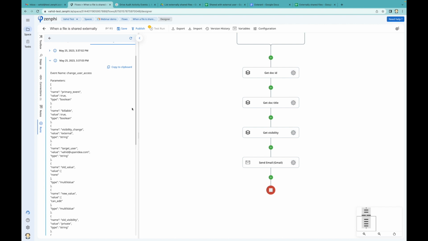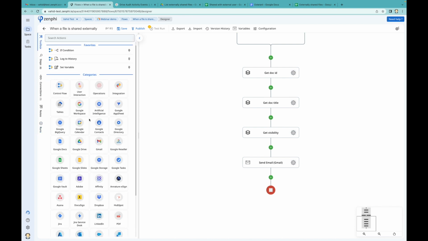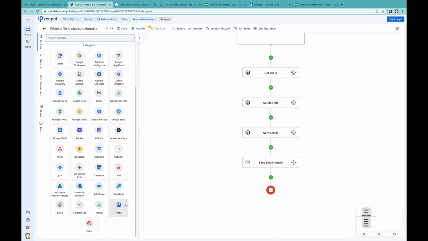So like the other one, here you can go and create a Zenphi task. You can generate a PDF report. You can create a Trello card. You can create an Asana card, or a Google Task. Whatever IT system you use, you can do it all in here. So if I press publish,